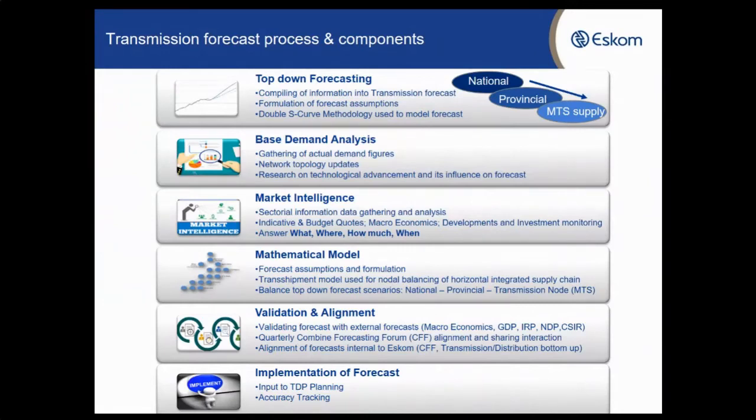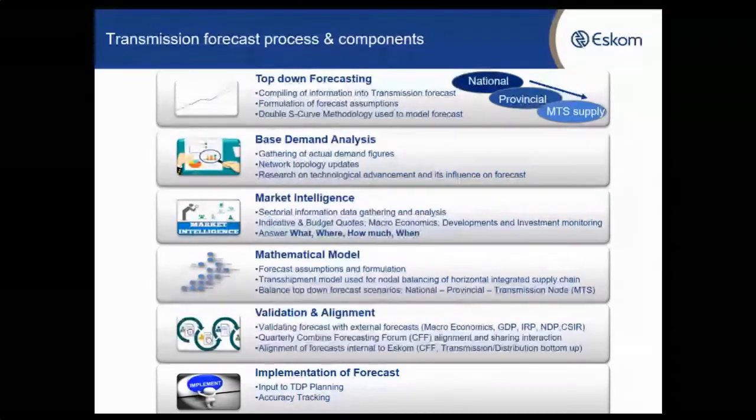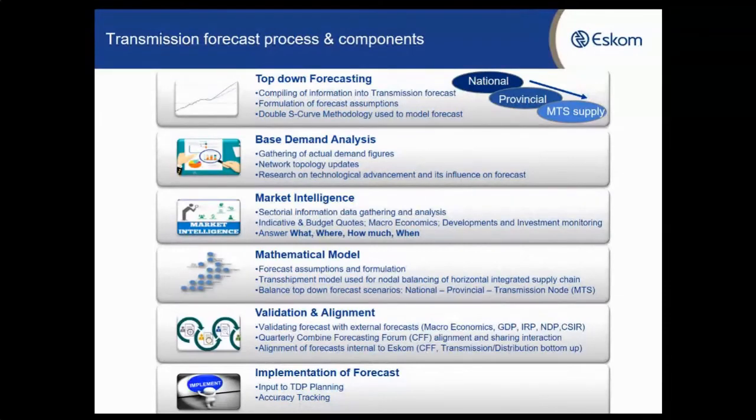So we do top-down forecasting. We start at a national level and bring it down mathematically into provincial and into transmission supply areas. We do some base demand analysis where we gather actual demand figures. We look at our network topology and updates, and we look at research on technological advancements and its influence on the forecast. We also try and bring in market intelligence where available,